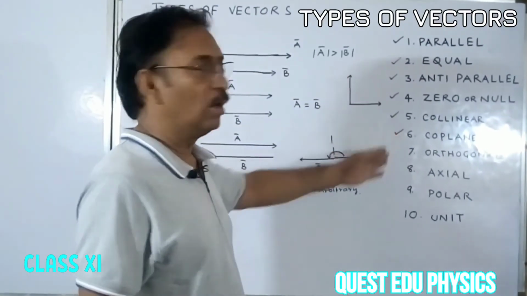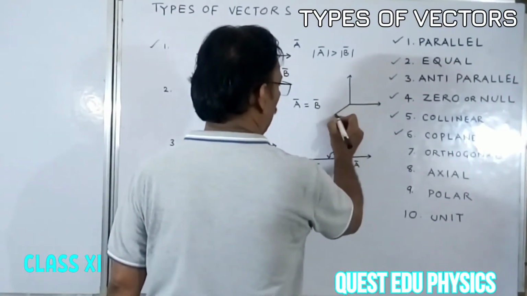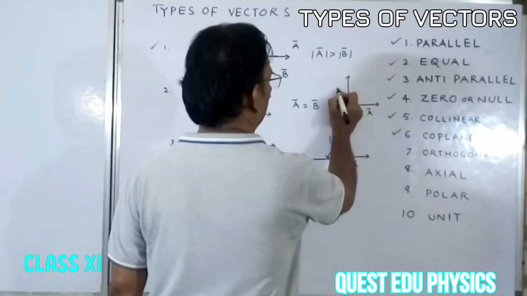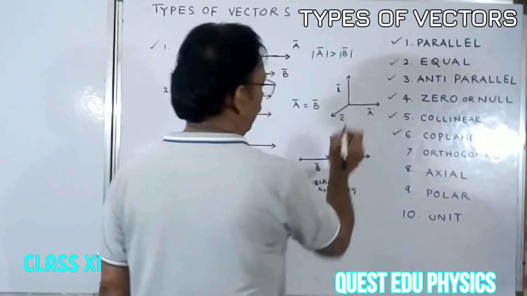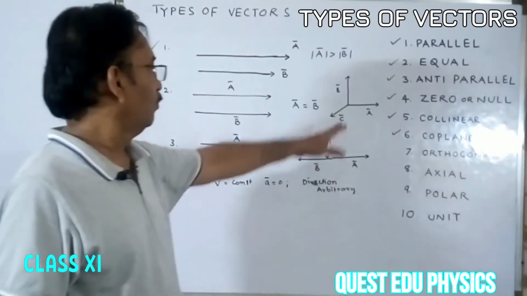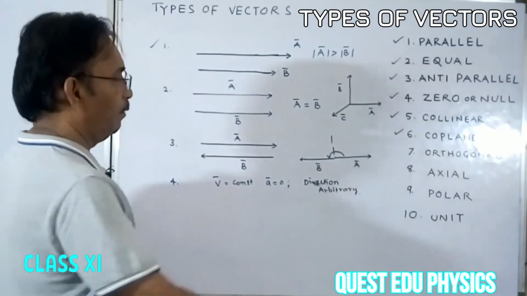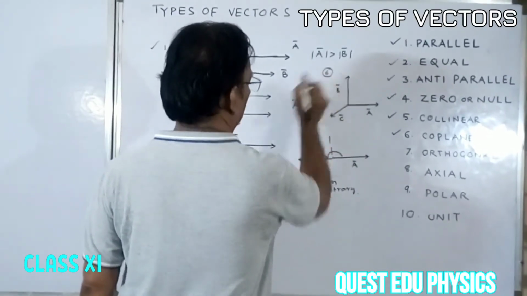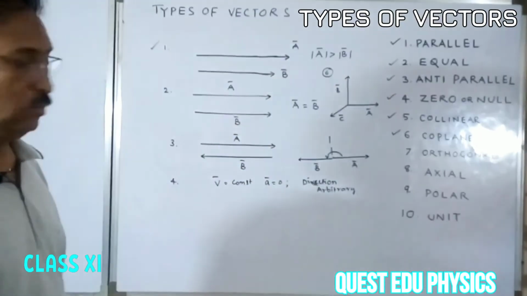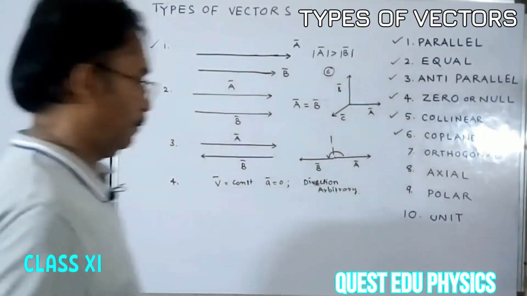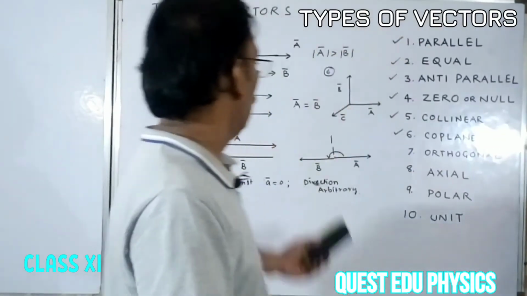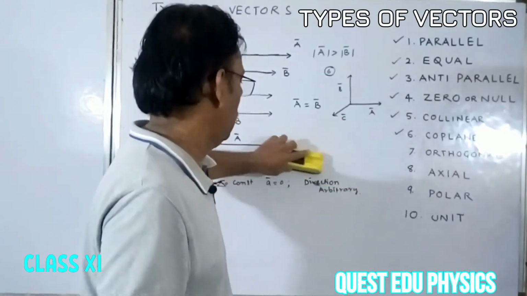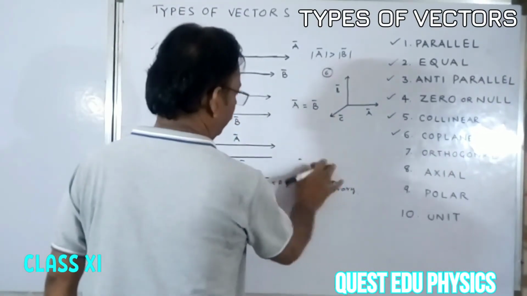Coplanar vectors. Additionally, I am adding one more: vector A, vector B, and vector C. These vectors are said to be what? Coplanar. Then after, we have to know one more vector. It is number 7,